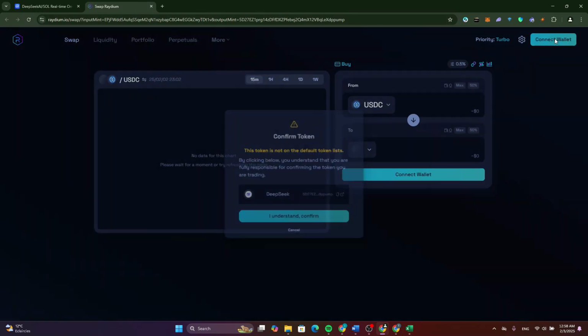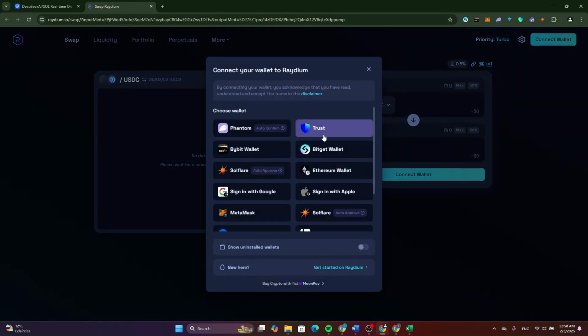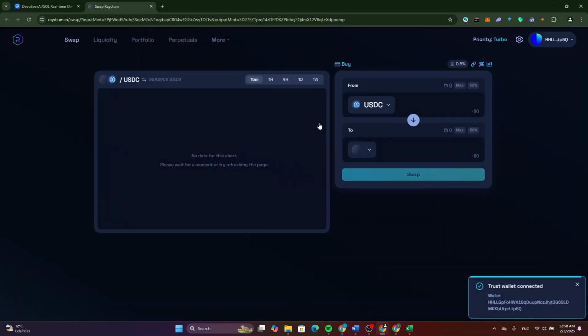Now, first of all, connect your wallet, as you can see here. So select the wallet that you want to connect to, for example, Trust Wallet. Now, after you connect your wallet to Raydium, if you don't see the token here, go back to